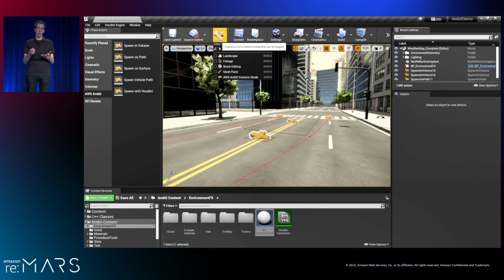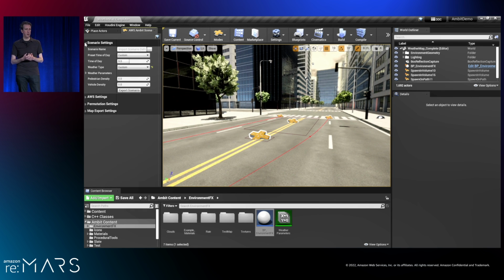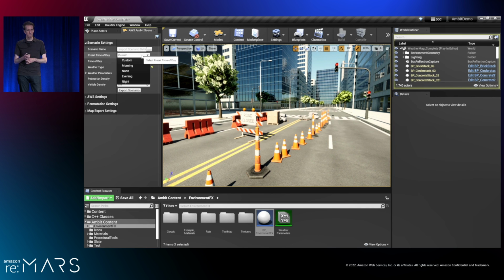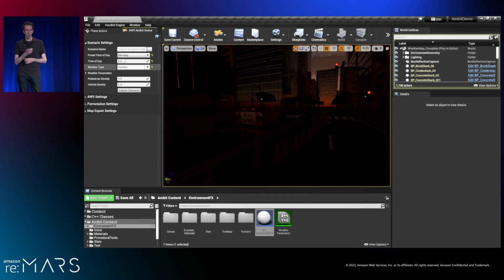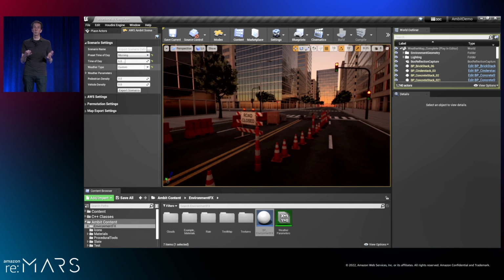To control these weather effects, that's all done through the scenario mode panel that I mentioned before. This controls global settings for your scenarios. We provide some easy presets you can use. For example, if I want to set the time of day, I can choose from the time of day preset menu here. We'll choose a morning preset as just an example. But you have complete control.